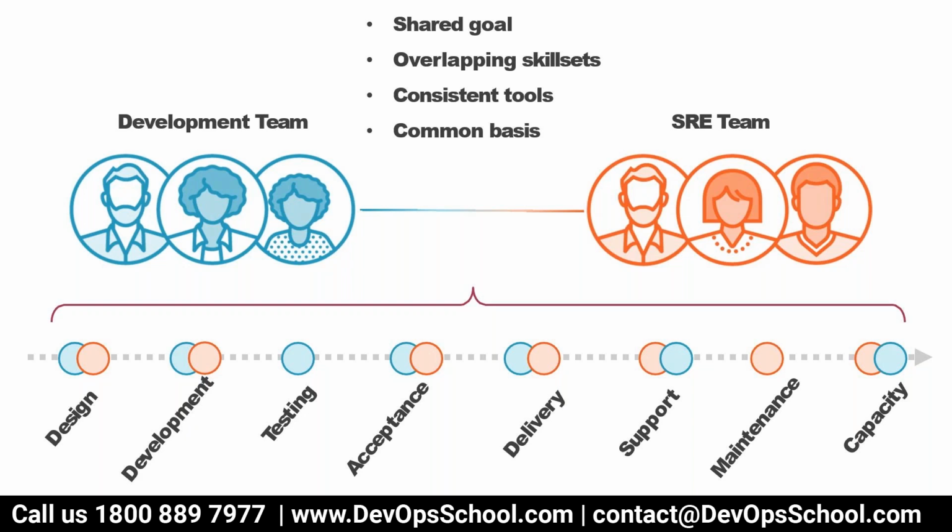So ops team will become SRE team when you involve them in design, development, acceptance testing, and at the same time the SRE team also needs to involve the development team during the support and capacity planning. So that is where, when we start working together and involving each other with the right communication and integrations, then your ops team will become SRE team suddenly. So it's just an approach. Any inputs here?